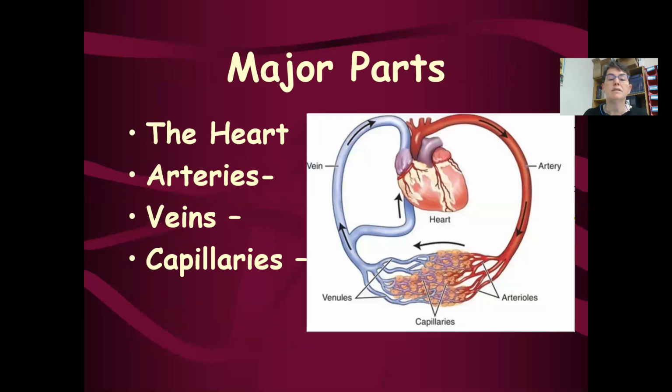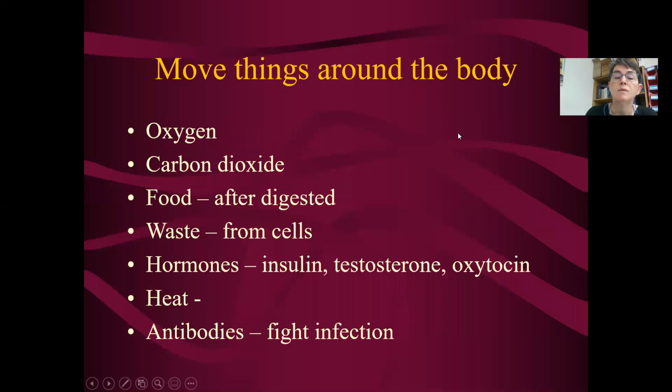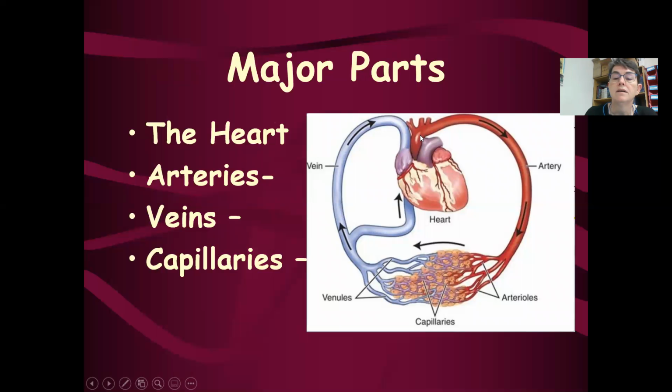All right, the main parts of the circulatory system. Well, you know most of them already. You got the heart, and that's the part that does all the pumping. Any vessel that leaves your heart is called an artery. So in here they're shown in red, and this is actually the aorta where it's leaving. But even when the deoxygenated blood leaves your heart to go to the lungs to pick up oxygen,